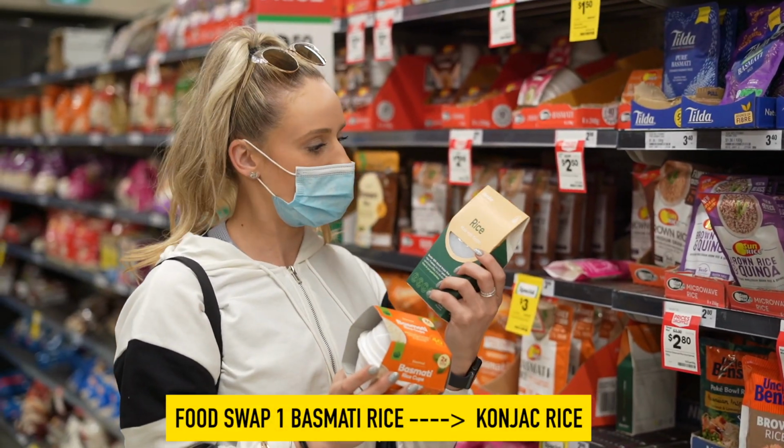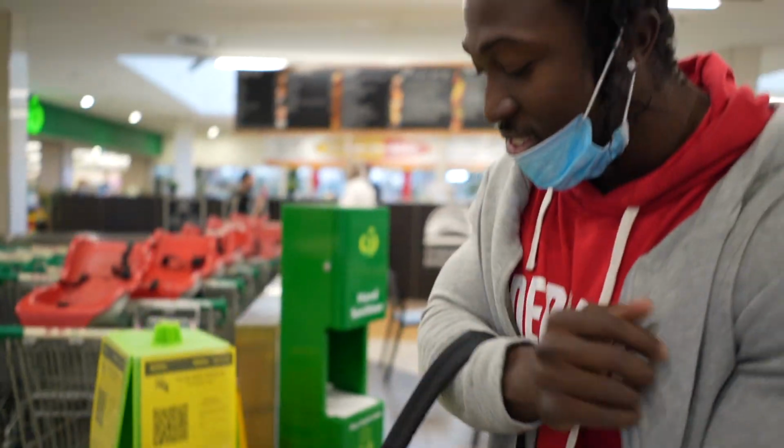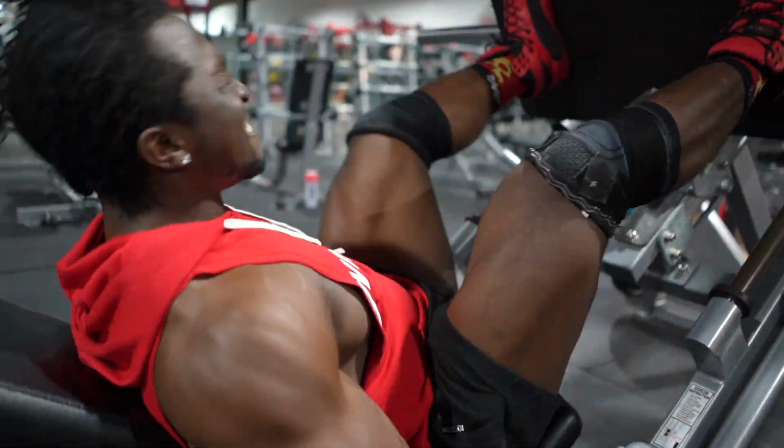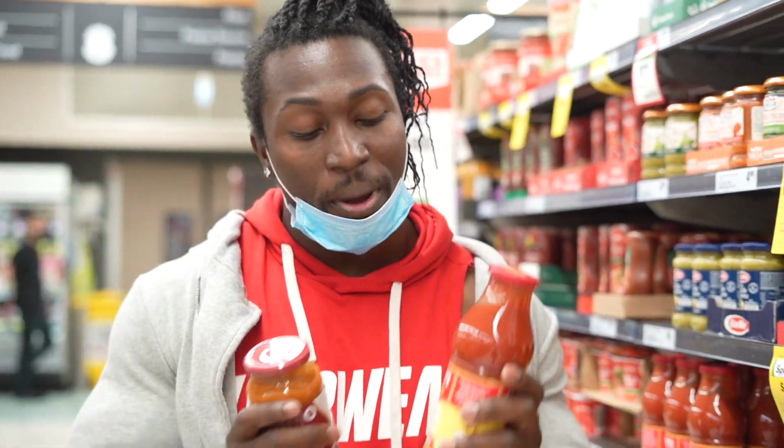Going to be the konjac rice. Going to the shops, and this is very cute. It's about 5 times more in calories in comparison to...